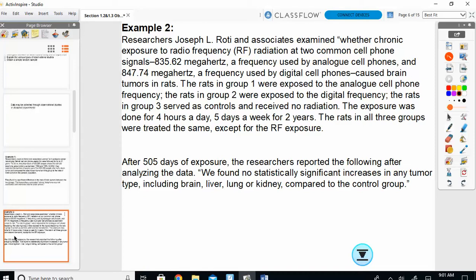Designed experiment. Why? Because then you have everything set up for what's going to happen. They know everybody's getting the same amount of radiation. They kept everything else the same. So their diet was the same. Their exercise was the same. All the other things in their environment they were exposed to were the same. You know, in my observational study,